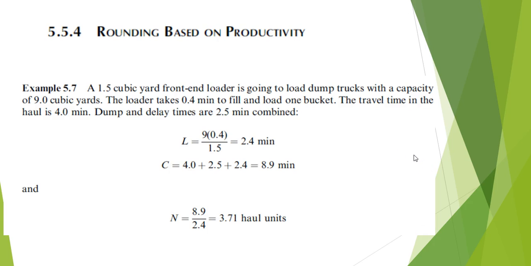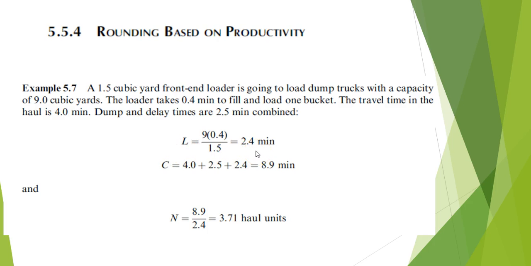For example, say we've got a 1.5 cubic yard front end loader, 1.5 bank cubic yards, isn't it? It's going to load dump trucks with capacity of 9 cubic yards. So the loader takes 0.4 minutes to fill and load one bucket, and the travel time in the haul is 4 minutes, and the dump and delay times are 2.5 minutes combined. Then you're going to get